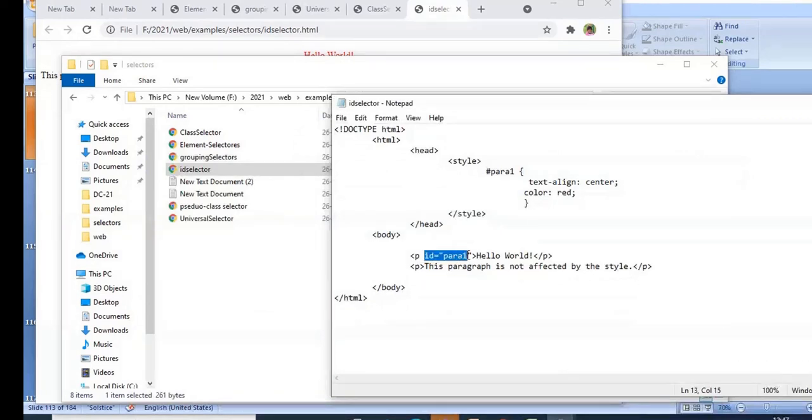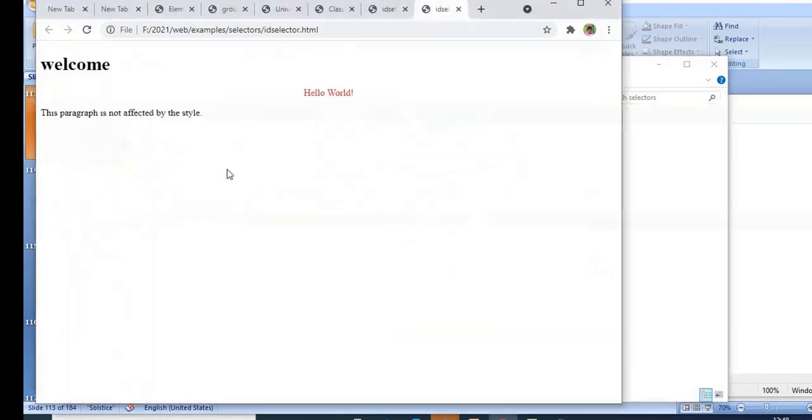I have not checked; it is said that an ID can be given to only one element. Let me try with the H1 tag. I have not specified it yet. Let me run and see.